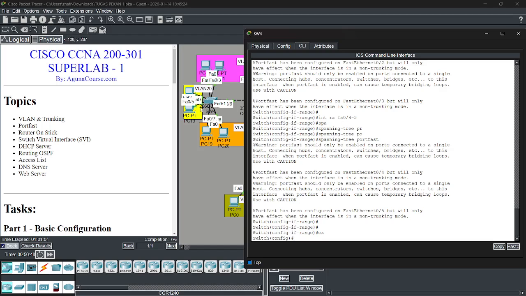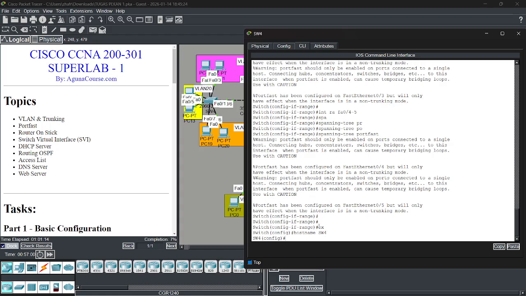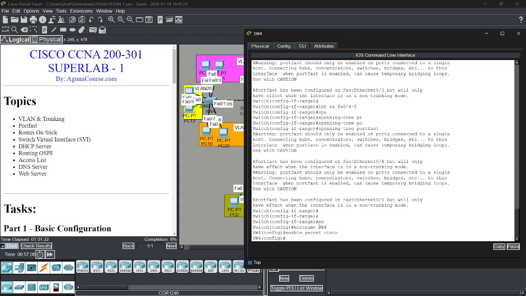Okay, and the enable secret, I forgot that. Hostname S4, and then the secret Cisco. Okay,